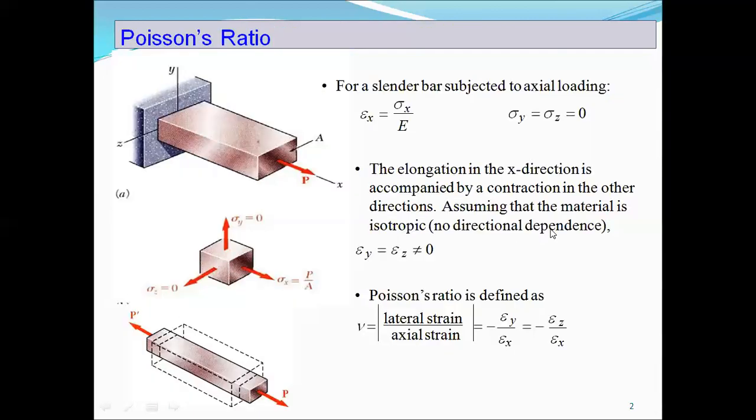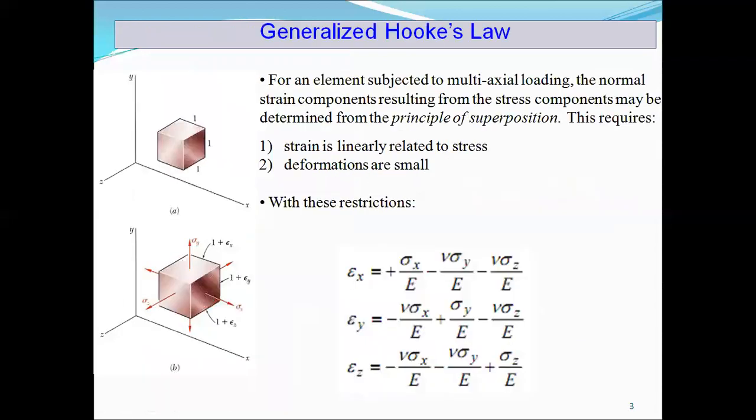In the previous case, we saw that when we applied an axial loading on the material, this is the analytical model for Hooke's law: sigma x is equal to E epsilon x. So in the case where we subject the material to general loading, meaning loading in x direction, y direction, and also z direction, what would be the analytical model for Hooke's law for the material?